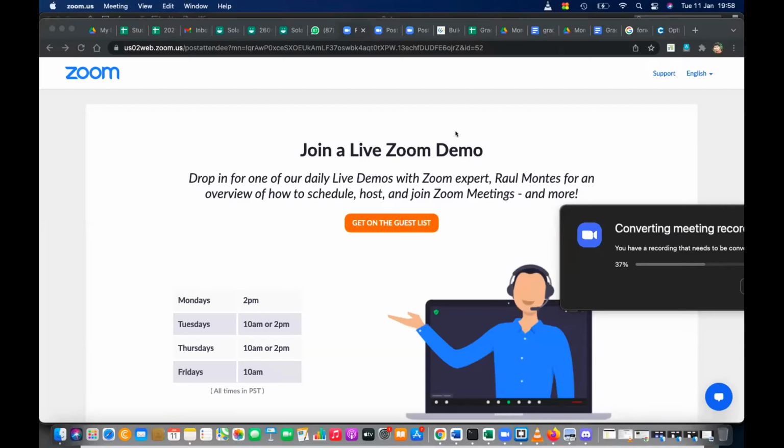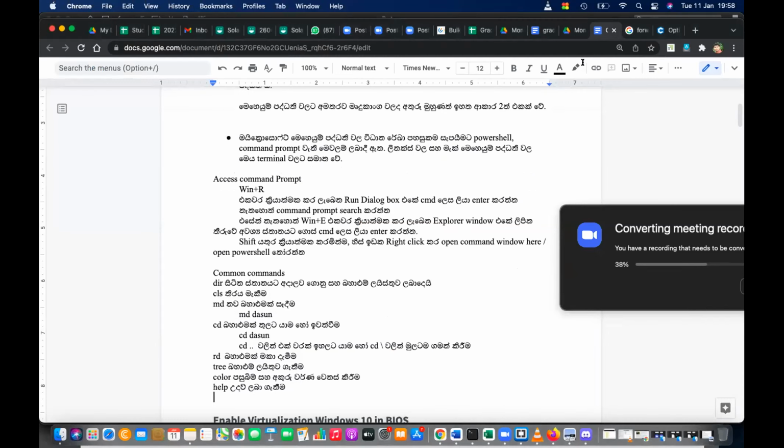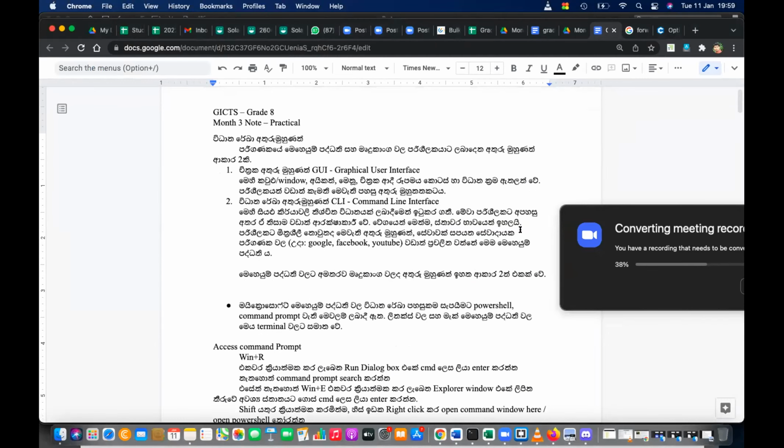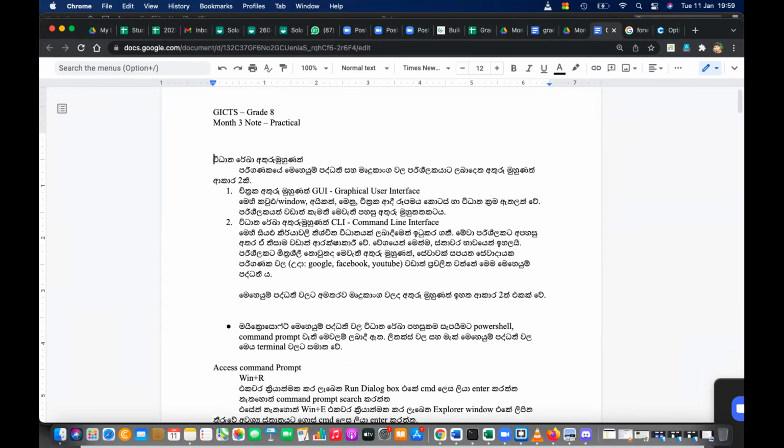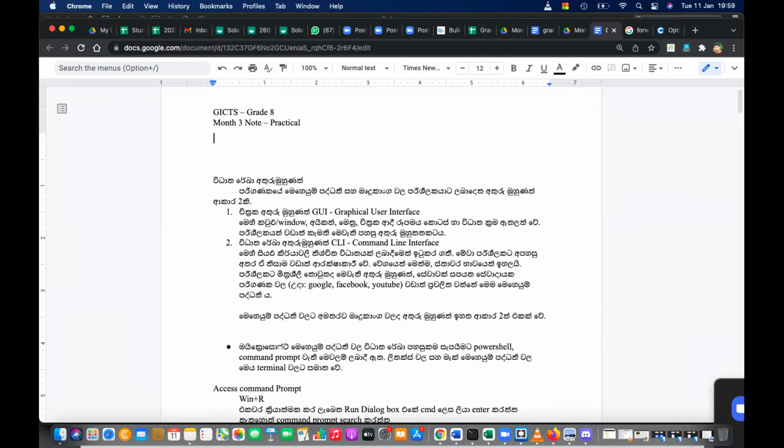Okay, I'm going to share my screen and I'm going to write the note quickly. This is your note. Can you see my screen? Yes, sir, can see. Okay. So please write down the note. Quickly write down with me. Because still the note is not there. That's why I'm asking you to quickly write down with me. So do we have to write a Sinhala note? No, English one.